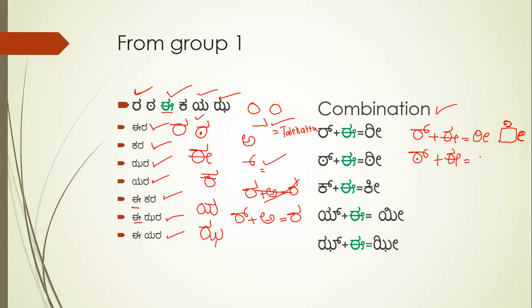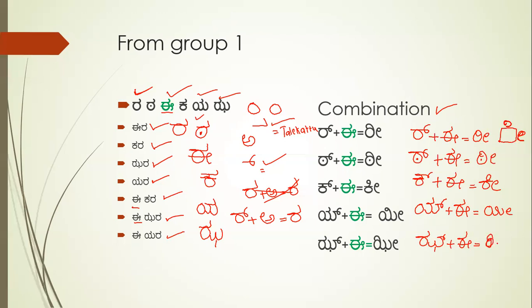Now I hope you understood. It is ka. Now ka plus e, if I take, it becomes ke. Now, if I take half ya, you may have a question: how to make ya half, right? See, you have to make the ya side half. If you make half on the talekattu, it is actually wrong. So ya plus e is equal to ye. Then make half ja, and with e it becomes je. So how to make je? It should be an inside curve, and like this it becomes je.